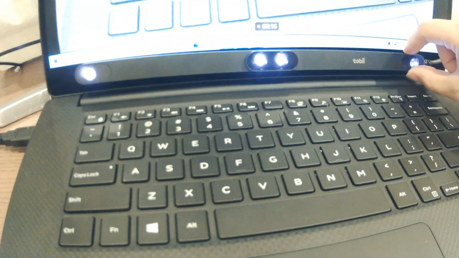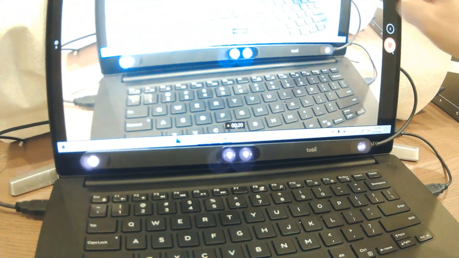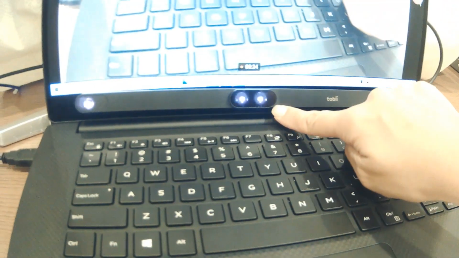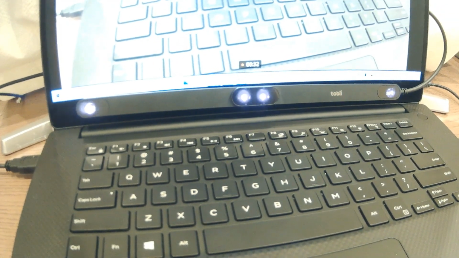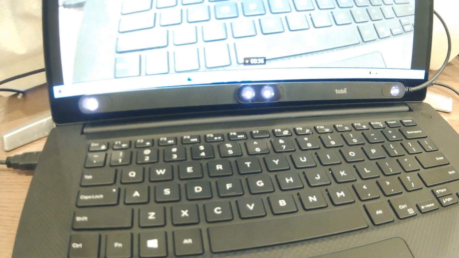I placed this below the laptop monitor, and this is the main camera in the middle, and it has two cameras on the side. So these three cameras see the eye movements and control the mouse cursor.